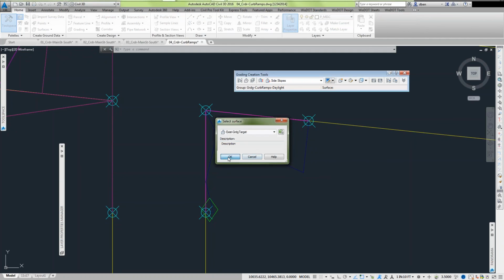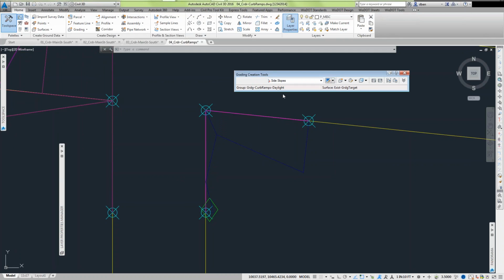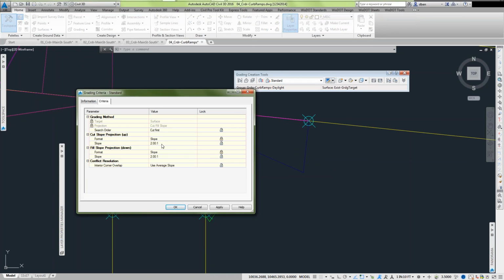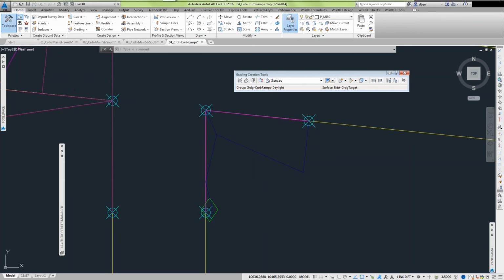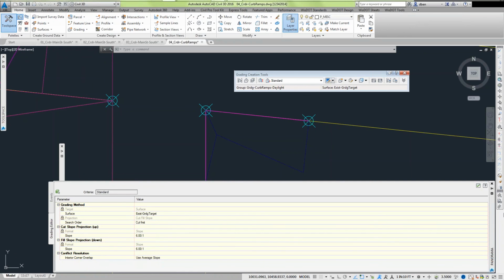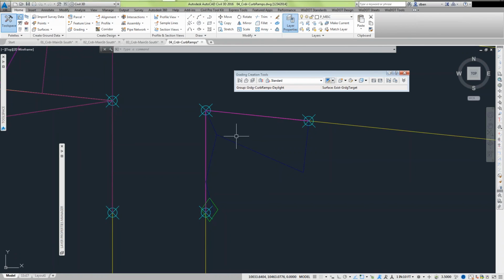So that was our target surface, and then using just a simple grading, I changed it to surface. I left the slope 2:1 even though I put in 6:1, and I just entered that later. So when I came over here and hit create grading, it prompted me for my slope values, and I just put 6:1 in there. And it looks like this. 6:1, 6:1. Now I'm going to dismiss this. We've got surfaces